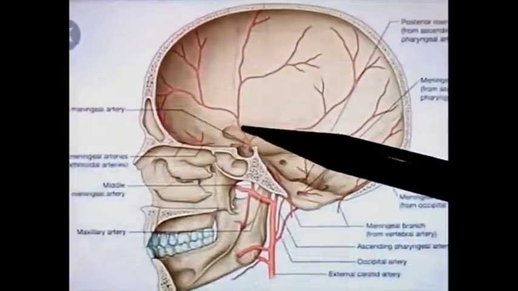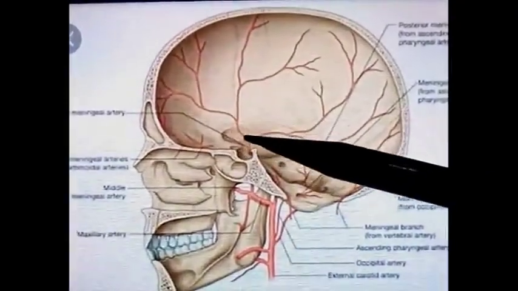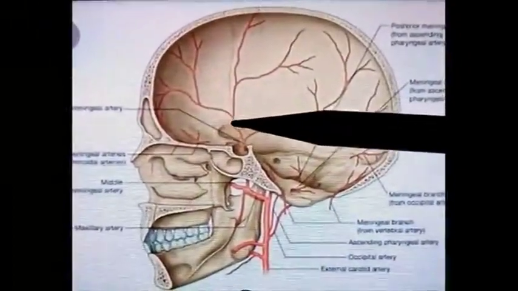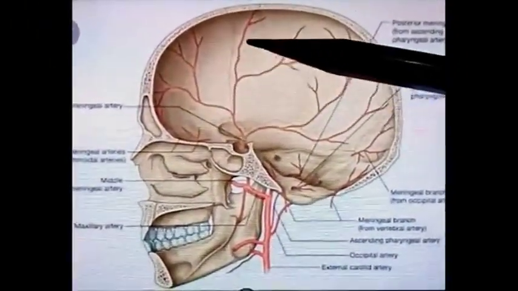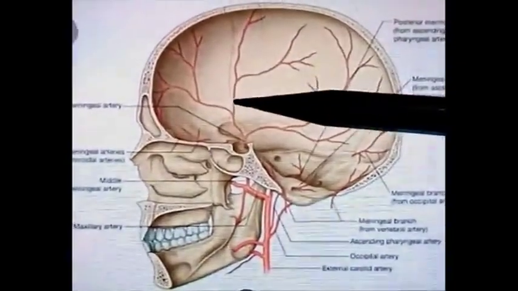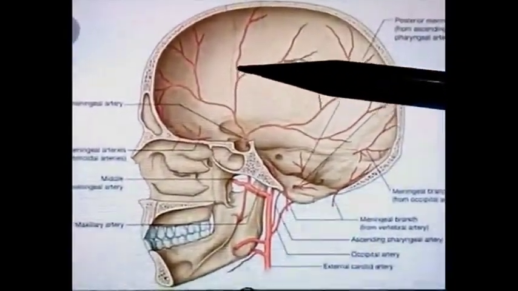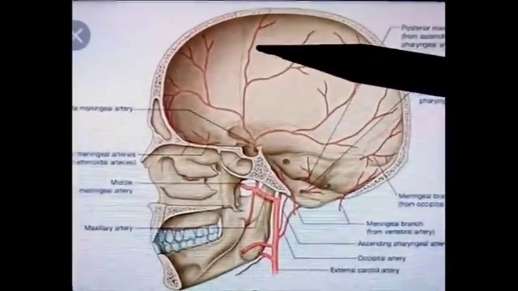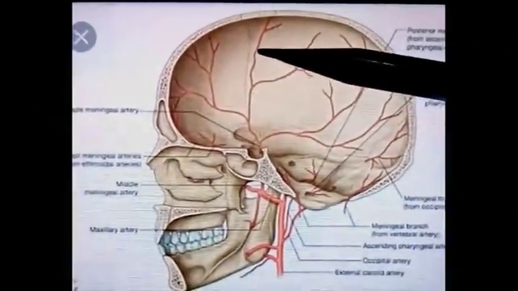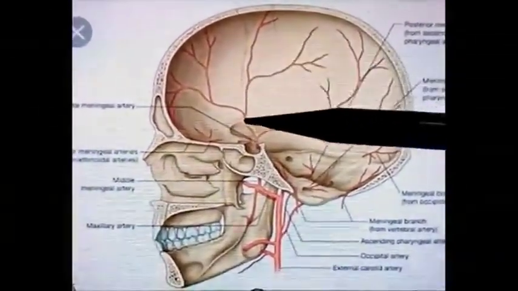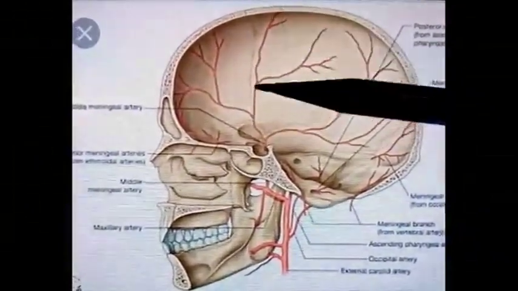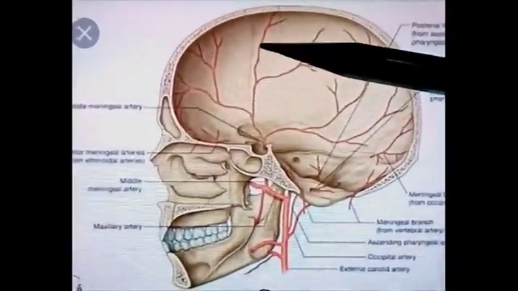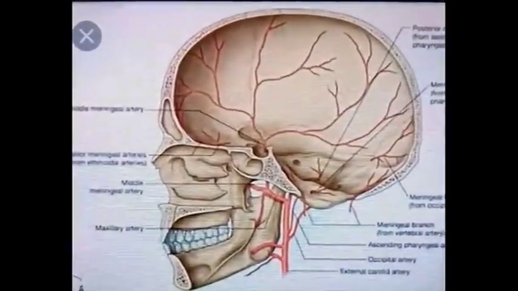So after pterion, or beyond pterion, the course of the artery is: from this area the artery runs upwards and backwards, parallel to and a little in front of the central sulcus of the cerebral hemisphere. If we see it in relation to the cerebral hemisphere, in this area lies the central sulcus of the cerebrum. So this branch runs parallel to or slightly in front of the central sulcus of the cerebral hemisphere.